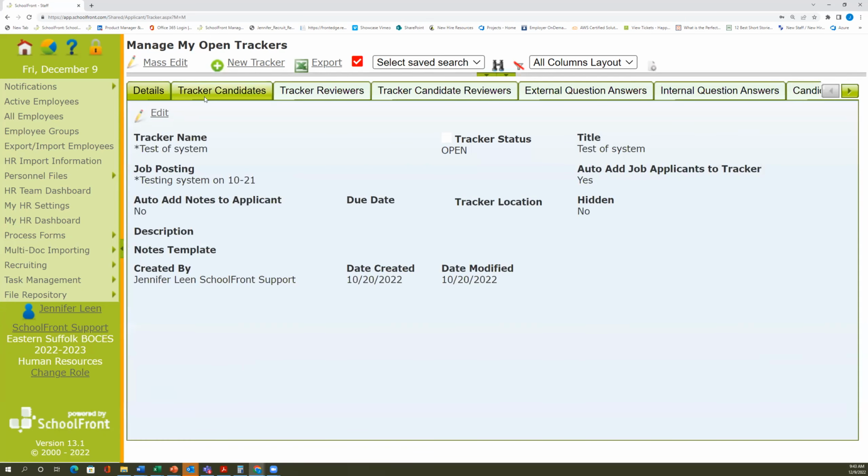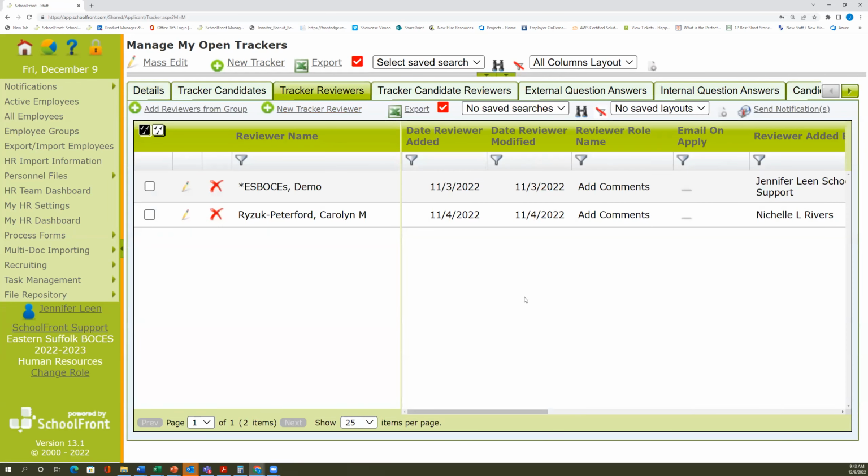And when I do that, it opens up some tabs. Let's review the tabs. The one that you're going to be spending time in is the Tracker Candidates tab. The Tracker Reviewer tab is everybody that gets to see the candidates, all right? So Carolyn gets to see the candidates because she's in HR and she's making the tracker. And we put her in there so that you can send her an email, okay? So this would be the Tracker Reviewer would be any administrator that has access, or you could have your support staff in there too, to look at your